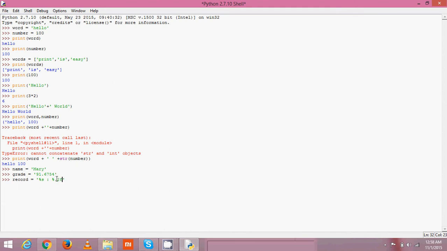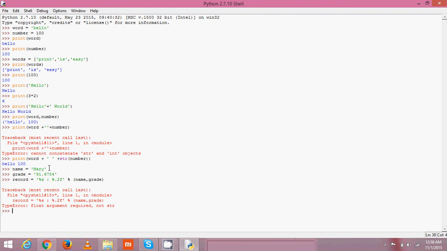That means I want to display two decimal digits of the grade. So for grade I use 0.2f. So there will be two digits after the decimal point in my record. So percent and name comma grade. So if I print record, there is an error